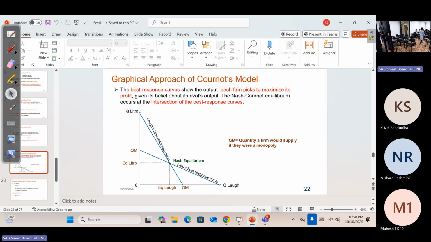What I would expect from you is, if you are given a demand curve for the market and also total cost for the two firms, where the cost curves can be identical or two different cost curves, you should be able to find the equilibrium. The steps you have to follow are: first, find the total revenue for each firm, then marginal revenue and marginal cost, then marginal revenue equals marginal cost. Take the best response functions, equate them to each other, and then find the quantity.